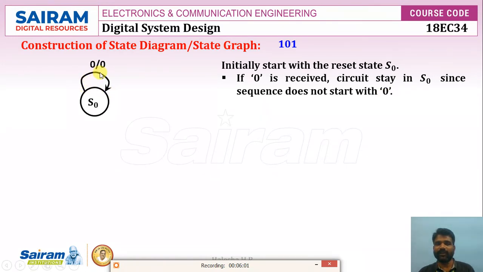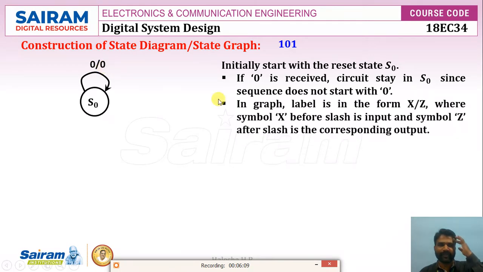See the arc. You can say this is an arc or directed branch. Above that, input is 0, output is 0. That means in the graph the label is in the form x/z, where x before the slash is the input and the symbol after the slash is the corresponding output. So this is input 0, output is 0. Clear now? Suppose if 1 is received,